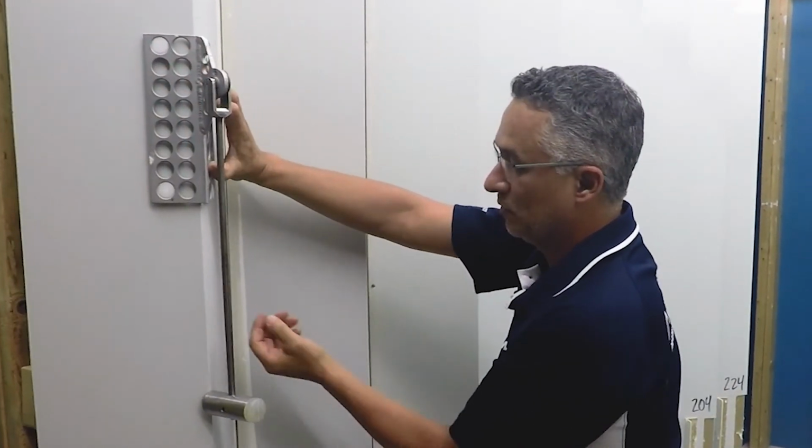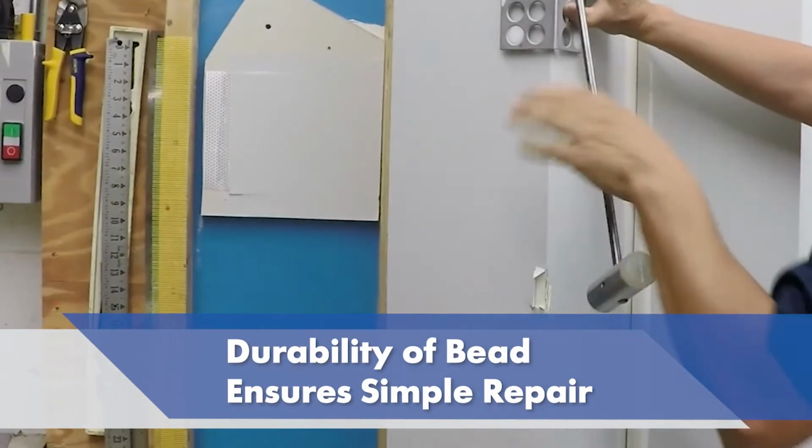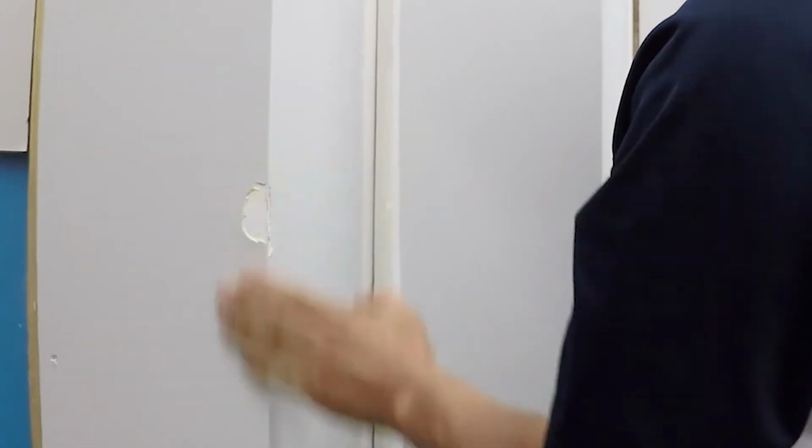They've demonstrated the durability of the product to repair any damages done to that corner. Most times it's just a matter of peeling cracked compound and refilling, and you're done. So the mud set bead would use less compound and save more time and material when applied on the outside